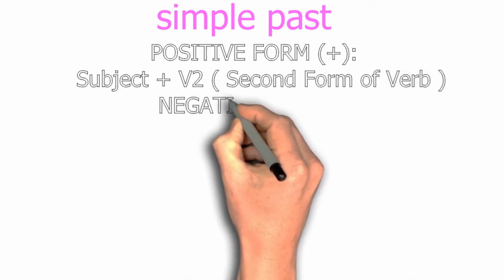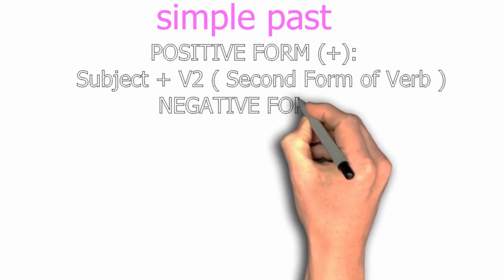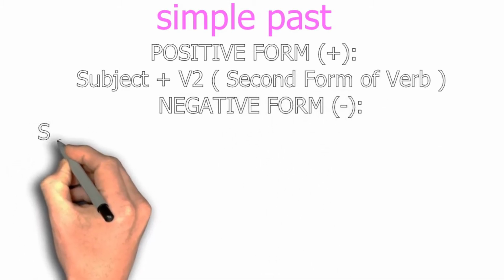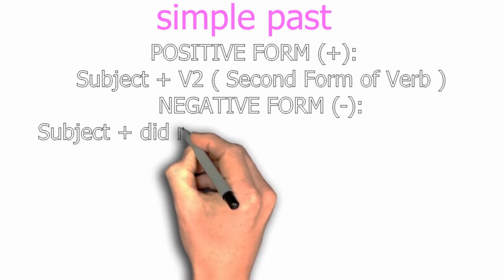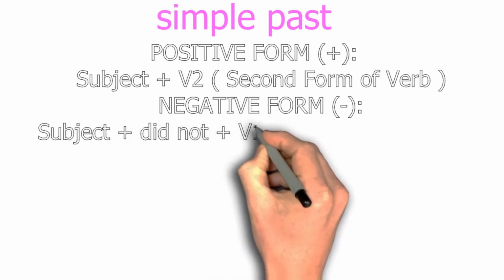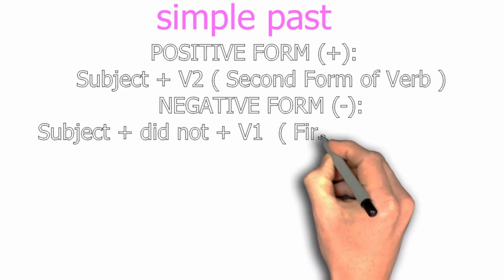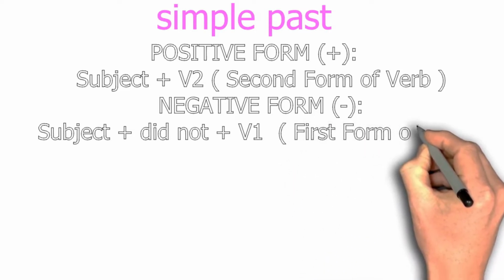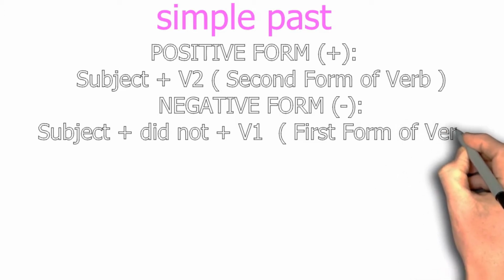And next structure is negative form. For that, subject plus did not plus verb 1. Verb 1 means the first form of verb like play, go, sleep. Okay,